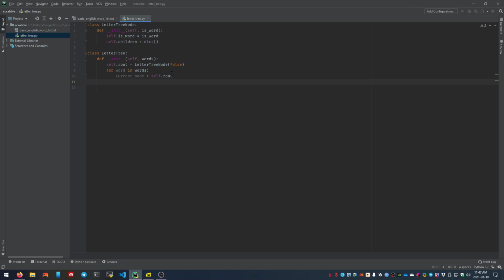We start at the root, and then for each letter in the word, if there isn't already a node that we want to go to next,